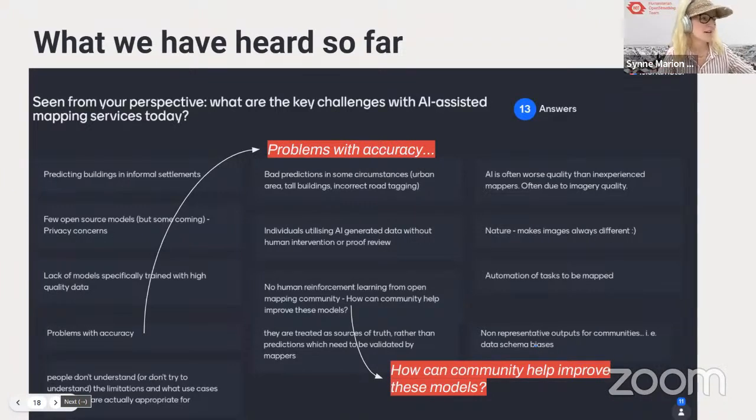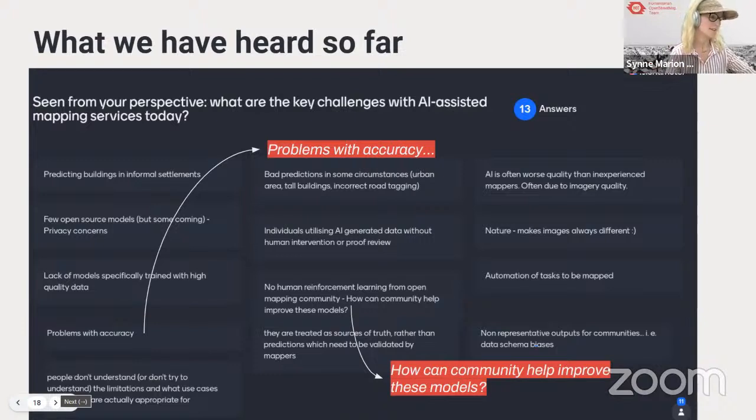When we asked what are some of the key challenges with AI system mapping seen from your perspective today, accuracy and data quality was definitely one of the most frequent replies, everything from bad predictions to predicting buildings in informal settlements, so buildings that are perhaps not